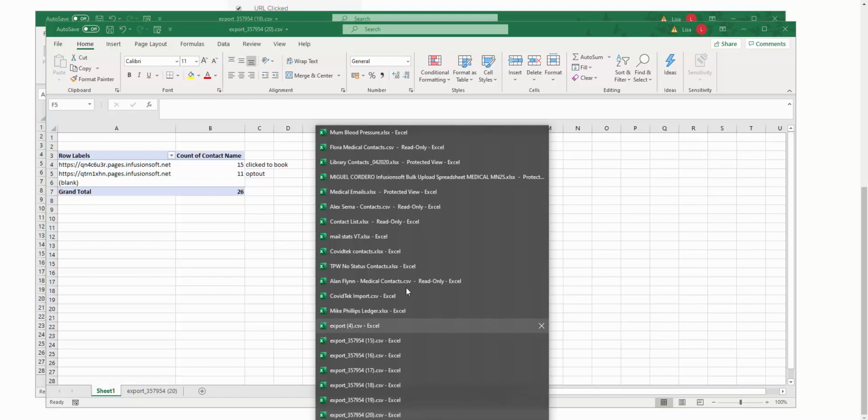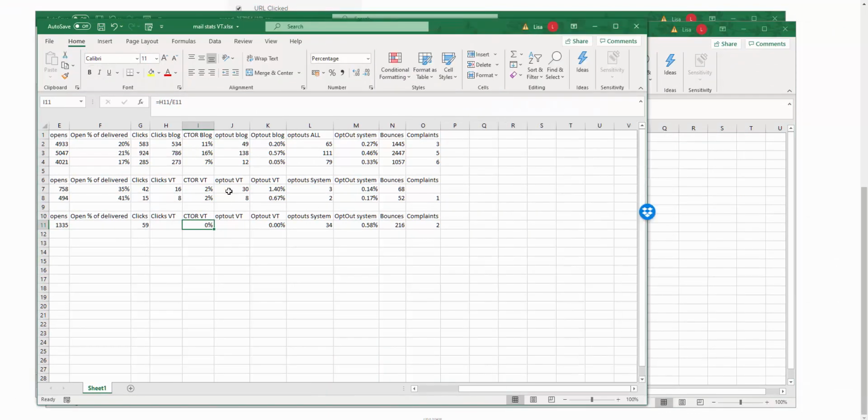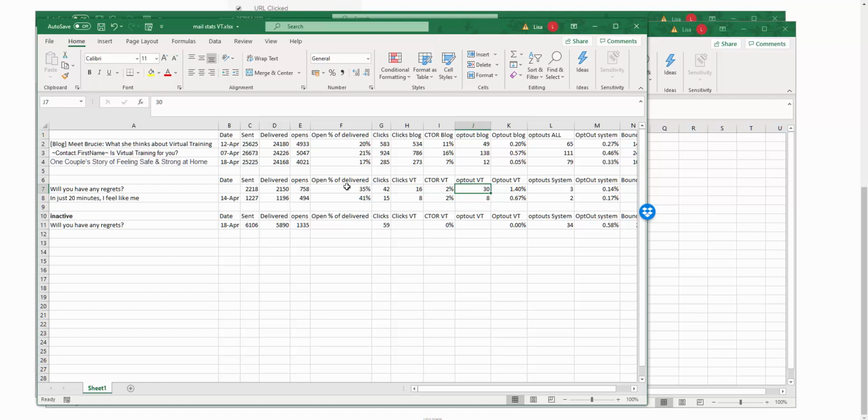We keep a separate sheet here. Where is it? There. Which we put all the numbers in before we take them over to your sheet, and we do the calculations for the various opt-outs. So we would do the number of opt-outs divided by the number of opens, so that you have a click to open ratio, not a click to delivered ratio. So I can see here that the click to open ratio for virtual training here, H7 divided by E7, will give me the percentage,